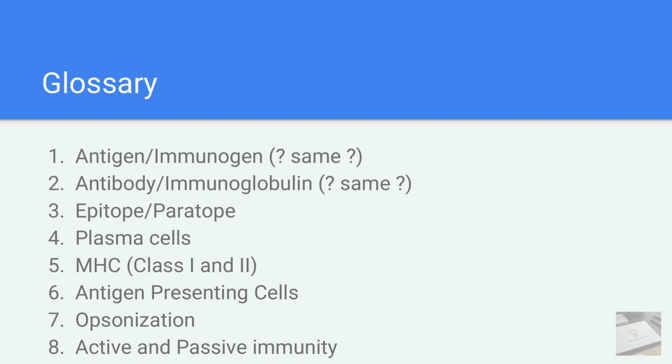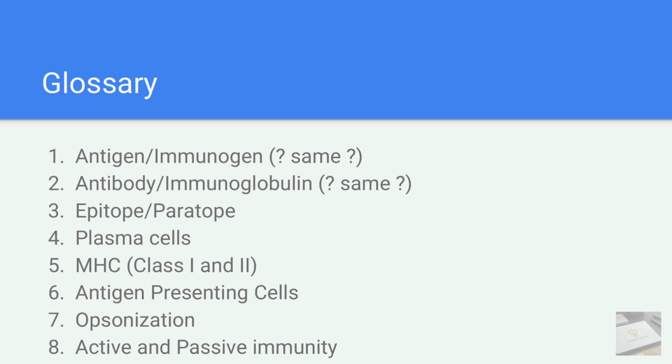A point to be noted in this is that, as we know, MHC class 1 molecule is present in all nucleated cells, so antigen presenting cells, which are of course nucleated, have both MHC class 1 molecule as well as MHC class 2 molecule. Antigen presenting cells are the immune cells that process and present antigens to the T cells through MHC molecules, triggering an adaptive immune response. Dendritic cells, macrophages, and B cells are the antigen presenting cells in our body.